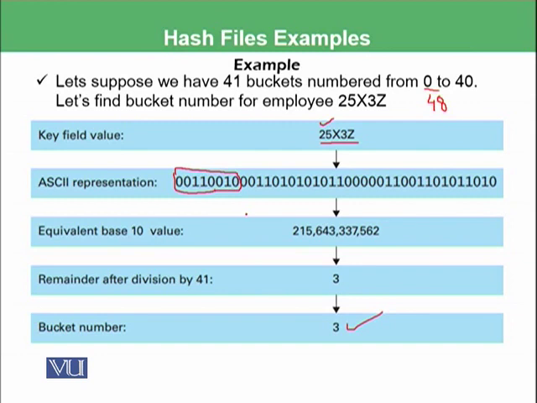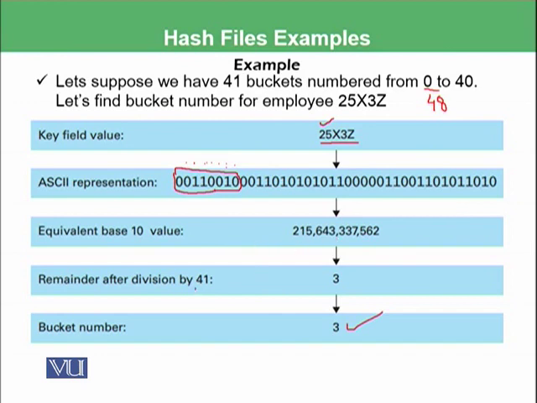Remember, when we want to store 50 in the bit pattern, we say 1, 2, 4, 8, 16, 32, and 32 plus 16 is 48, plus 2 is 50. We explained all of this in one module at the start of the course. When you have formed the ASCII representation,